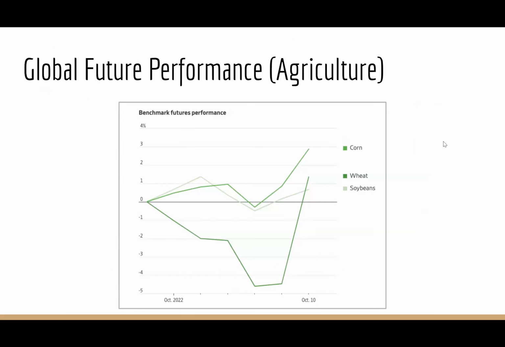So based upon the previous information which we have mentioned, there has been a projected growth of wheat and corn in their benchmark future performance, with wheat over the month of October increasing from a projected -5% all the way up on a steep incline to over 1%, as well as corn over the first 2 or 3 weeks of the month, going from 0% all the way up, climbing past 3%. And we believe this current graph can be used as a representation or projection for the future performance of corn and wheat in the near future, as Quinn mentioned before, in Ukraine, who is currently sending out